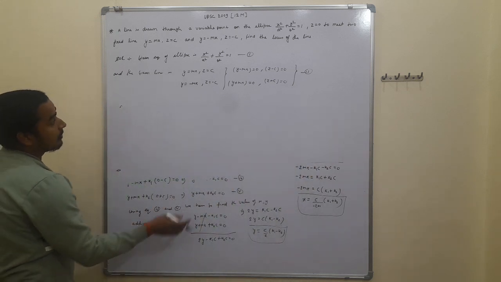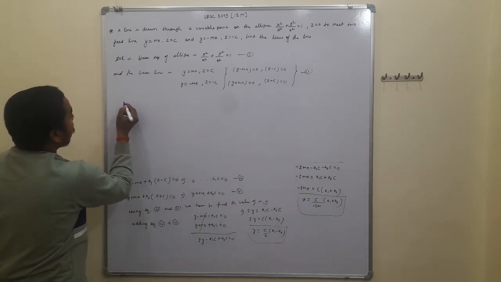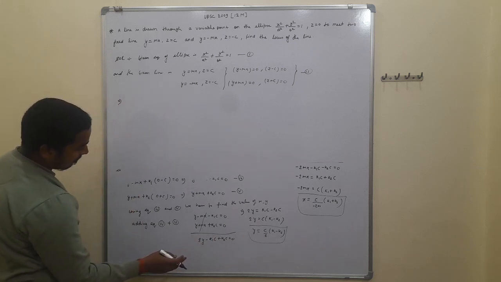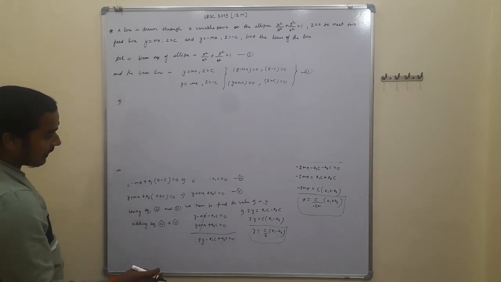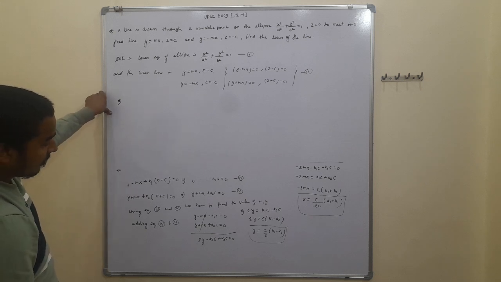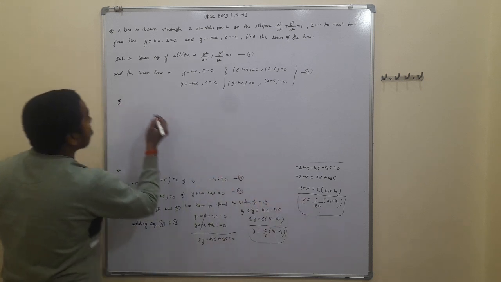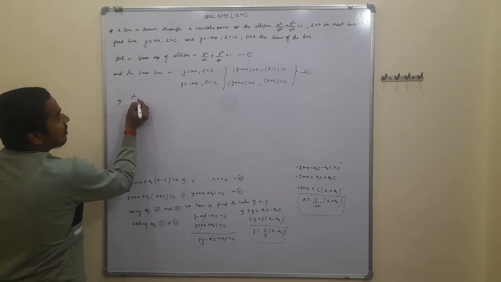So we have to put the value in the given ellipse, that is in place of x we have to put c by 2m, that is c square